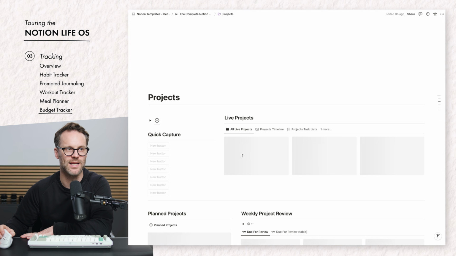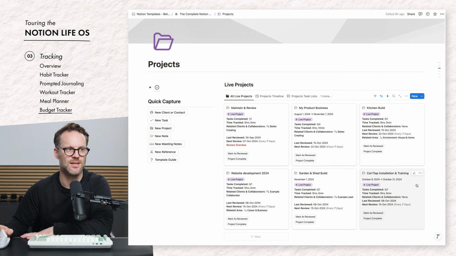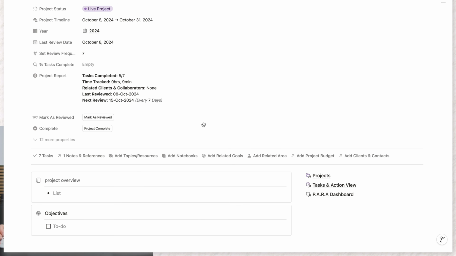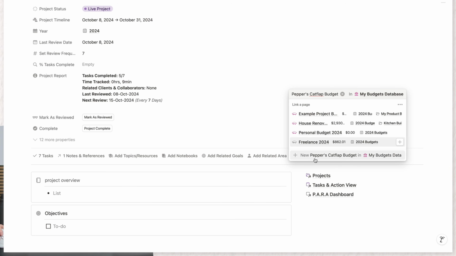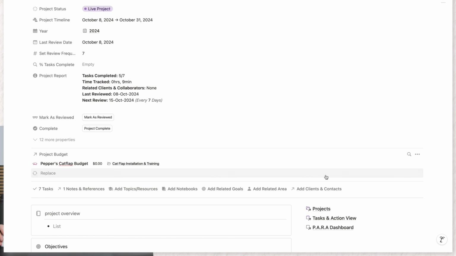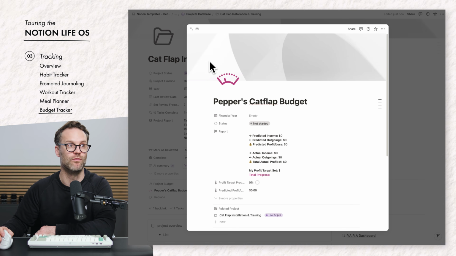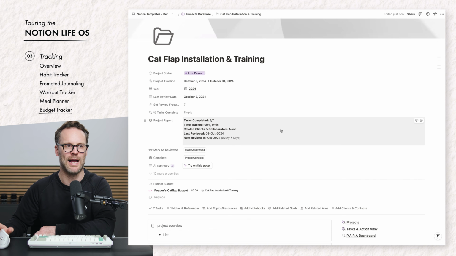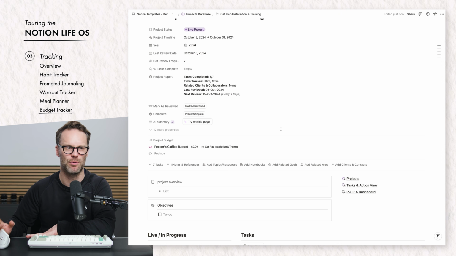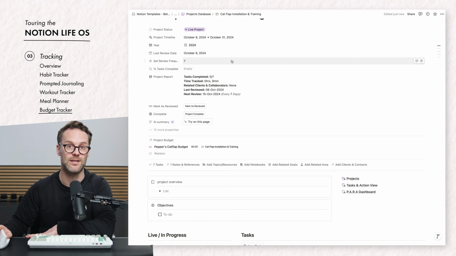jump into a project that you're working on. Let's say it's Pepper's cat flap installation. I'm going to add a budget for this and create a new one called Pepper's cat flap budget. Create it, it'll drop in, and we can then from here manage it by opening it up within the actual project and manage the budget of the project. This is super powerful, meaning you can budget per project, roll it all up into a financial year and get